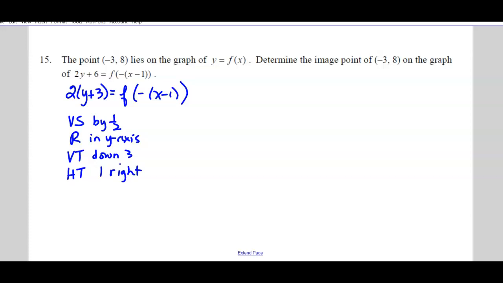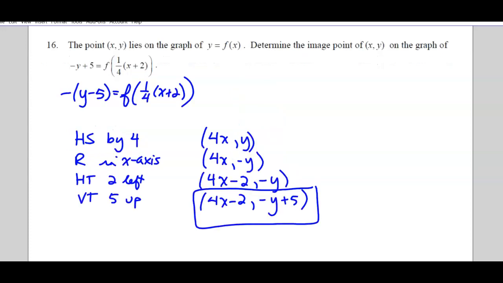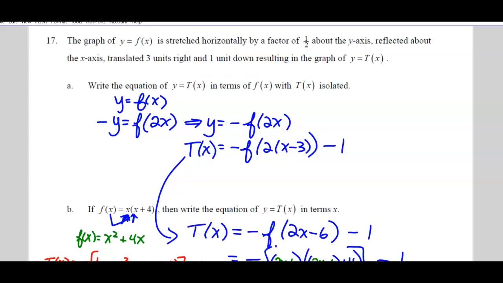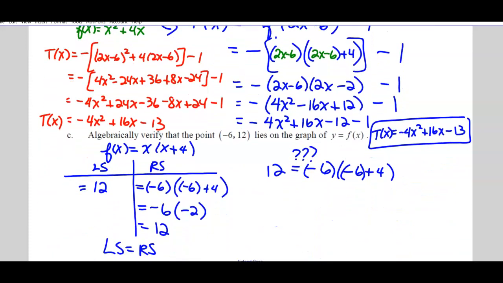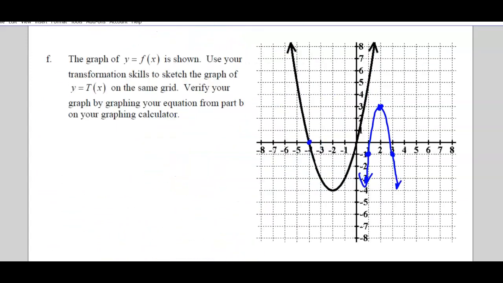Okay, so starting with -3, 8, vertical stretch by 1/2. It's going to be 4. Reflect in the y-axis, changes the sign of x. Down 3. 4 minus 3 is 1. Right 1, 3 plus 1 is 4. And I think we are just checking here and make sure we finished it all, and we